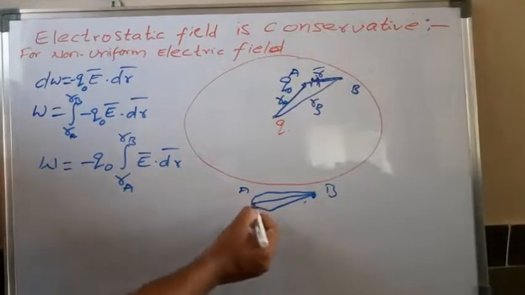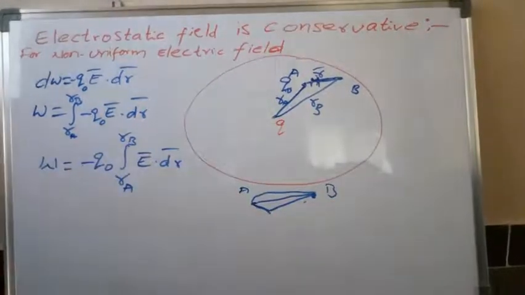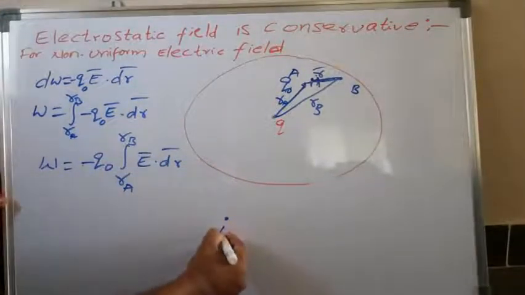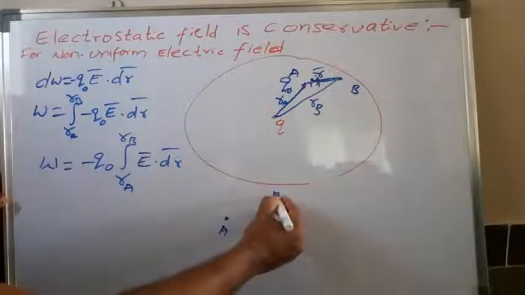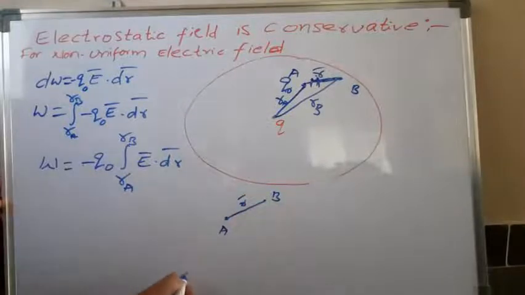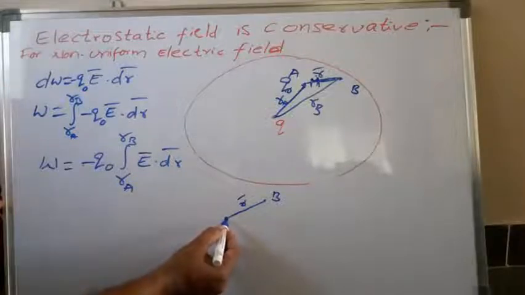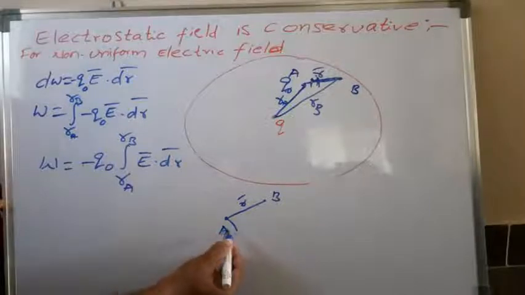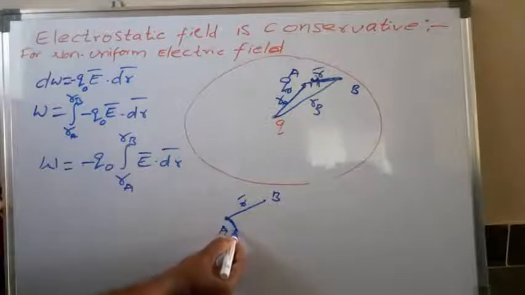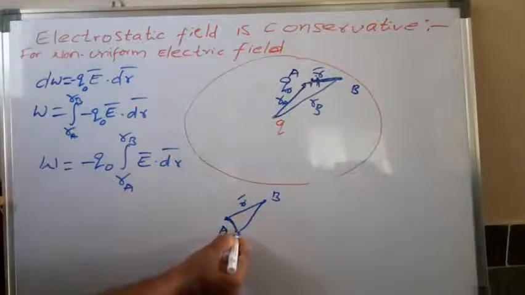Similar to the earlier case, here also if we consider, let me draw like this. Point A is here, point B is here. This is the position vector between A and B, R bar. This is our point charge. From this point charge, the electric field is E here. If we imagine an arc like this, the electric field will be E everywhere. So we move q naught from here to here and then here to here, this is a path.